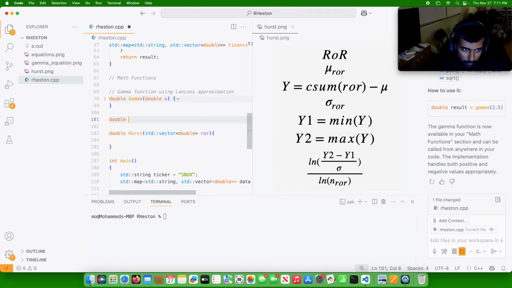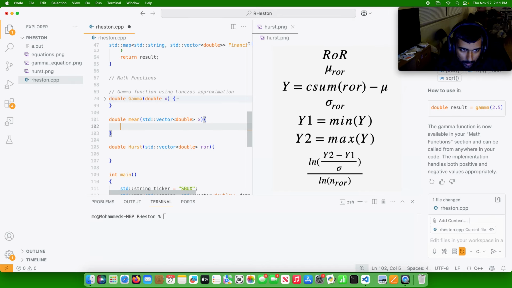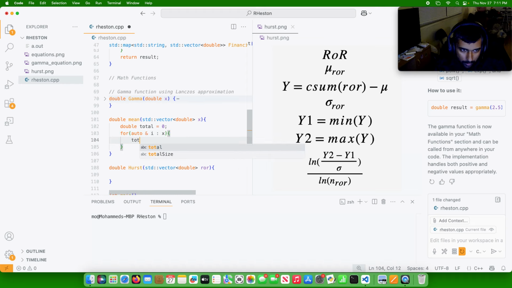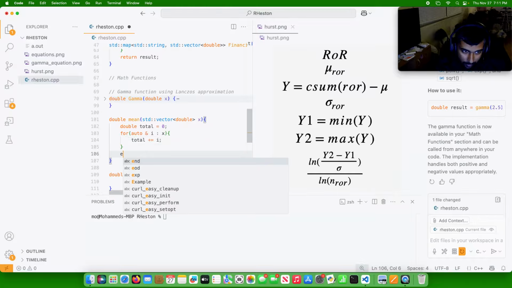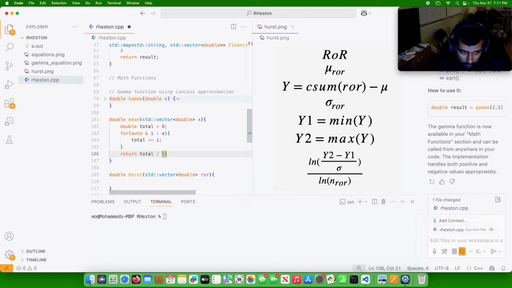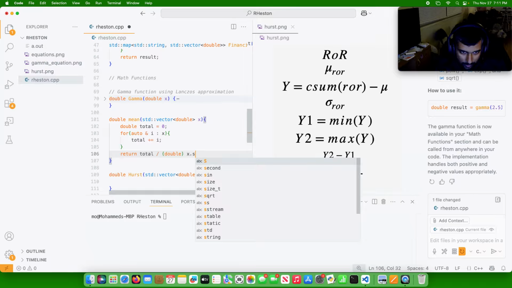So I will do double mean of std vector double x. Double total equals 0, for auto i in x, total plus equals i. Almost made a huge mistake there. Return total divided by cast double x dot size,